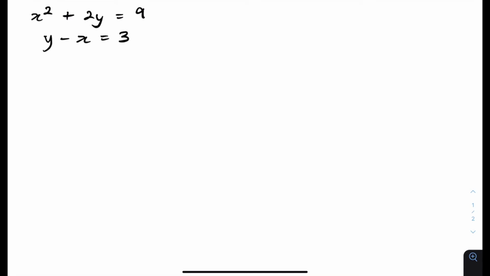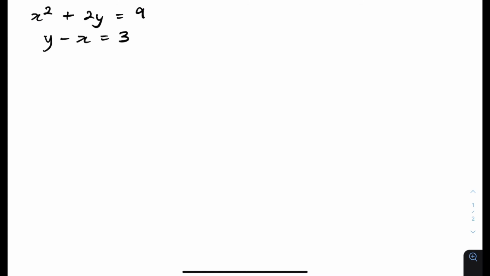Okay, so we've got another system of equations here. x squared plus 2y is equal to 9, and y minus x at the same time is equal to 3. So you may be thinking, we can just use elimination like before because it worked really well last time. But the reason why we can't do it this time is because this is not a linear set of equations. The last one was because